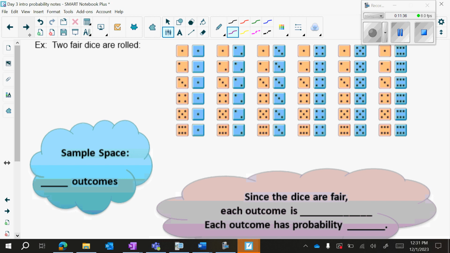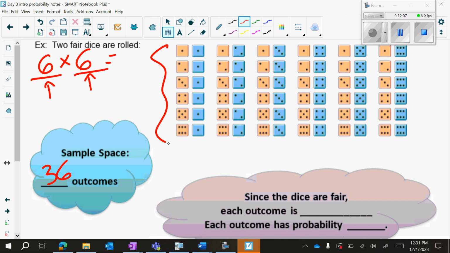Okay, so now we have 2 fair dice. So these are all the possible outcomes if we had rolled 2 dice. So do you guys see that there are a whole bunch of outcomes, and we could count them out, but we can also use the multiplication principle to predict the number of outcomes. So how many outcomes on the first dice? I'm hoping you're going to say 6. And on the second dice, also 6. So if you do 6 times 6, you're going to get 36. And that is the total number of outcomes in this entire sample space here.